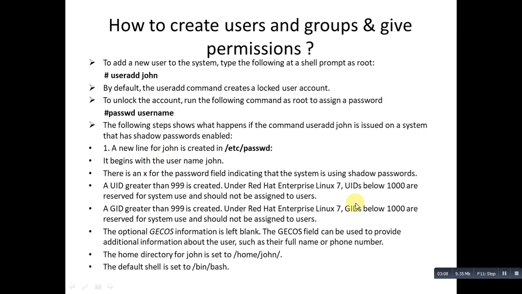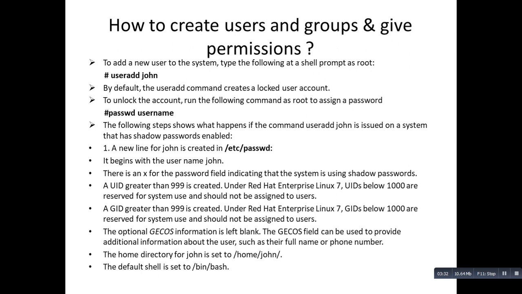UIDs, that is user IDs, below 1000 are reserved for system use and should not be assigned to users. So the users which are created, like how we have created John, cannot be allotted those IDs.